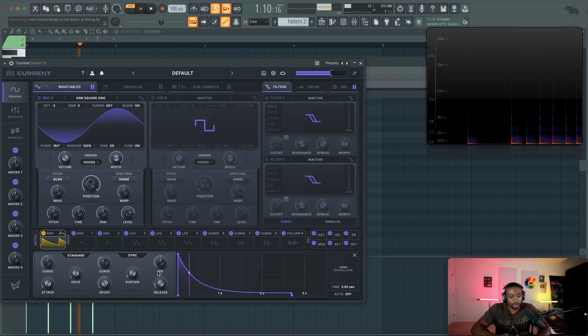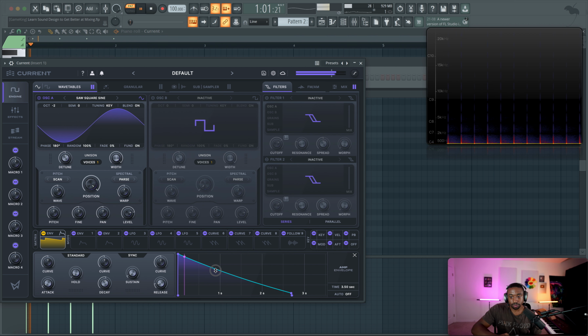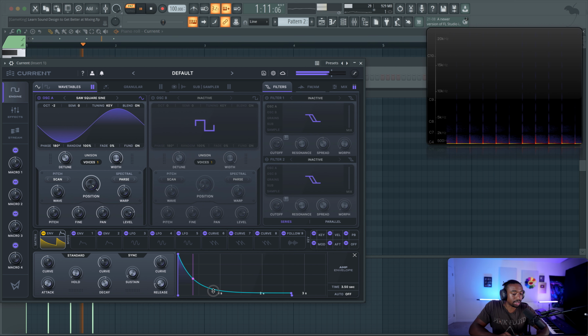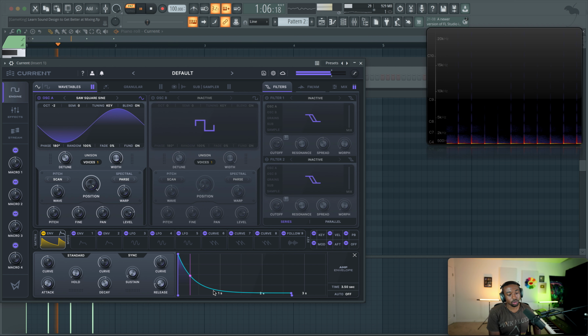So let's do it before and after. Here's before. Very boomy because it's very filled out. No shape to it, no contour. And then here's with a concave curvature to it. It becomes snappier because now we have a transient that goes from a high volume, in this case, to a low volume quickly. And that's called dynamic.